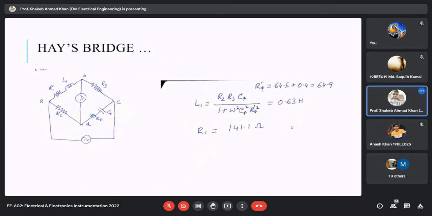This is the equation. Although I had calculated it through the exact equation, but if the quality factor is more than 10, as you calculated, it is coming out to be Q is equal to